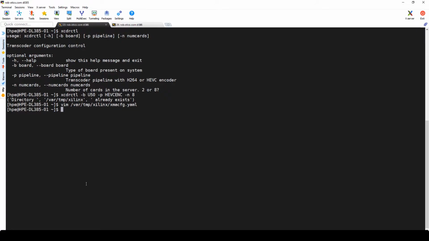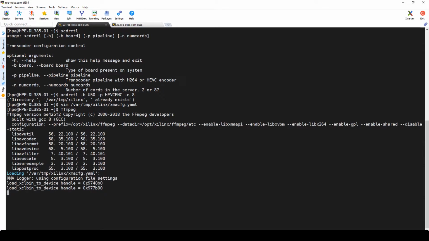So now that this is set up, we run ffmpeg just once. Without any flags, you'll see some of the build versions here. You'll see the flags that we did. The ffmpeg we have has no flags other than those needed for this particular evaluation or this demo that I'm showing you right here. But you're always welcome to compile with more flags, and we provide the source to do so. The important bit here is that it's loading that YAML file that we just went over,